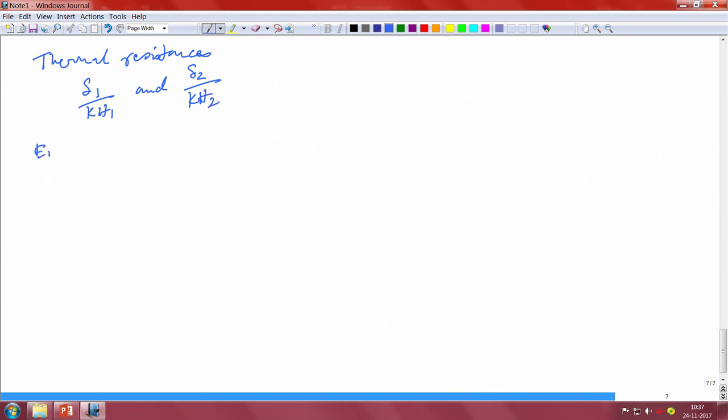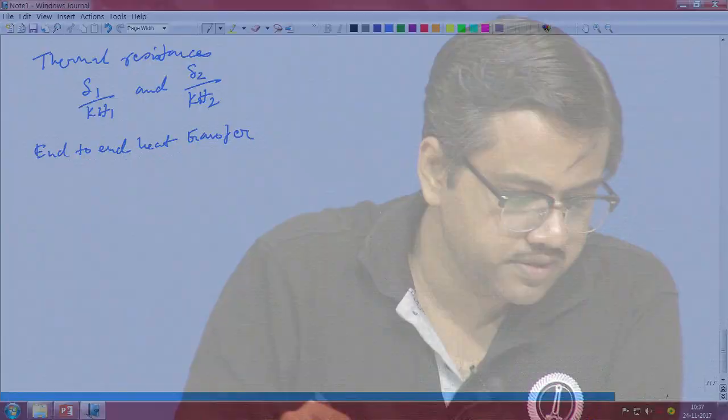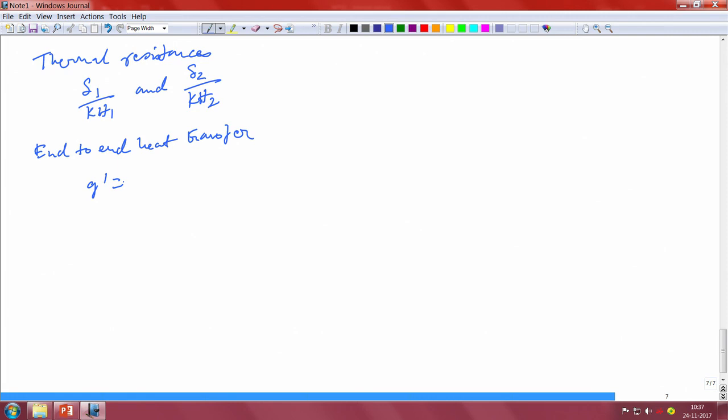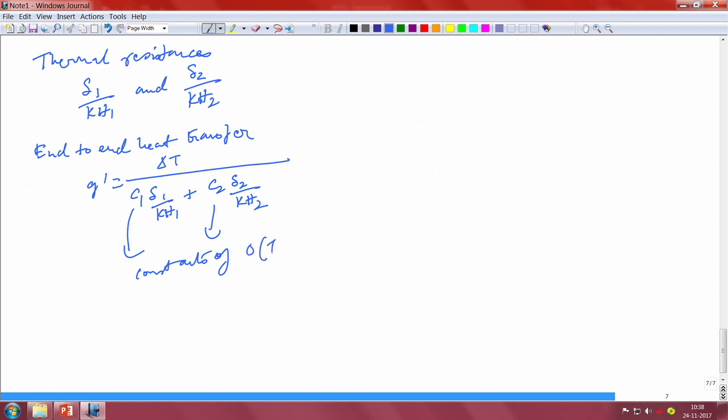So if I calculate the end to end heat transfer, that means the heat transfer from the warm to the cold, that will be q1 equal to delta T divided by C1 delta 1 by k h1 plus C2 delta 2 by k h2. These are constants of order 1 by definition. So you can cast it in a slightly non-dimensional form,